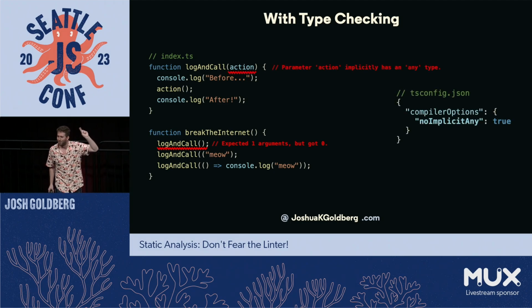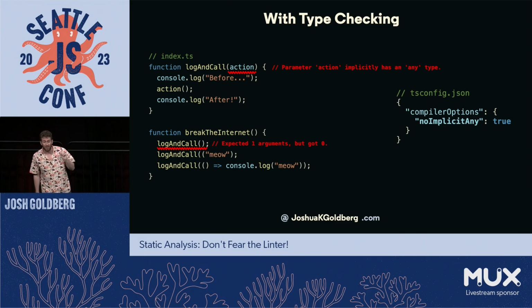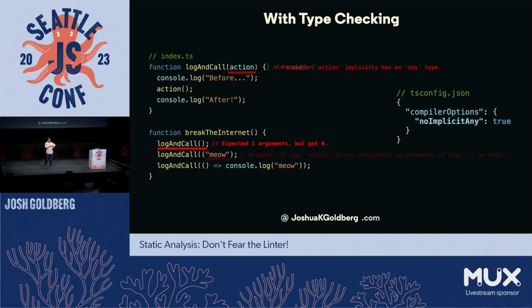And then TypeScript also has compiler options. The tsconfig file can specify, let's say, no implicit any, which says if you declare something and it doesn't have the ability for TypeScript to infer what it's supposed to be, or in other words, if it's implicitly the any type, the I don't know what this is, let me do whatever I want, TypeScript will yell at you. And then if you were to fix the any type, there we go, say by declaring it's a function, TypeScript can let you know if, oh, it's supposed to be a function, but you passed a string. So for those who haven't used TypeScript before, that's TypeScript.